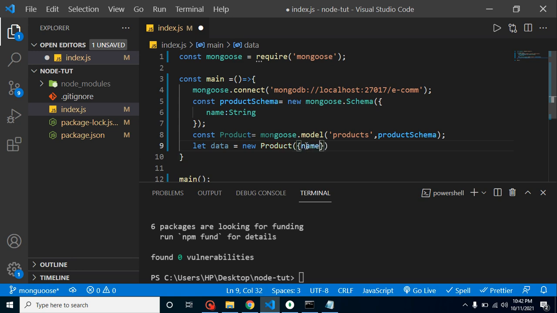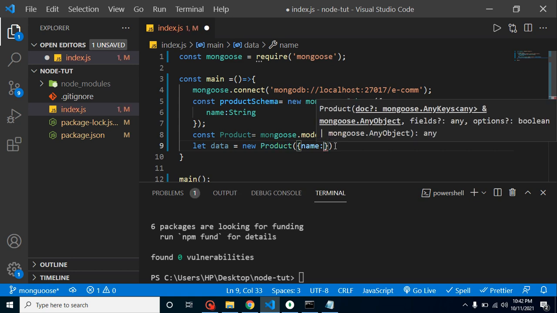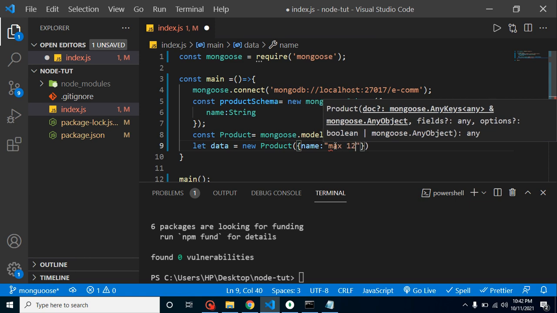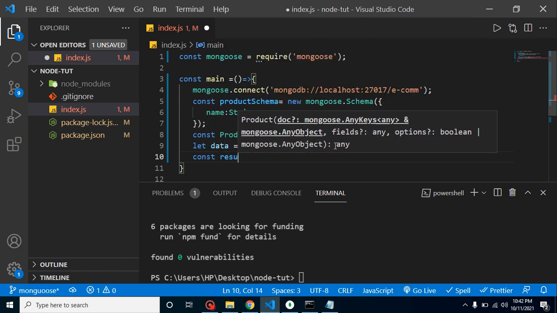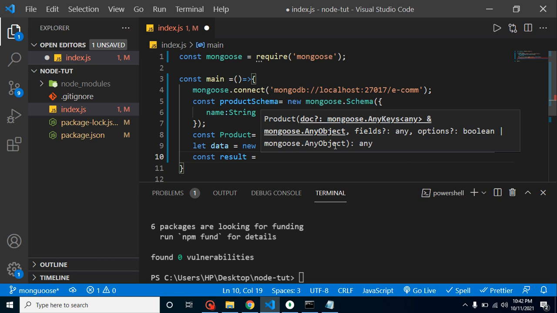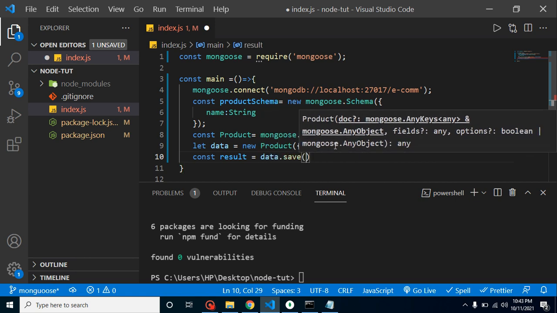I just want to add name, because I defined only one field for a moment. So now the database connection will think that there is only one field in the database, which is name, right? And let's say we are adding max 121, right? And after that, let's take a const result, and it can be data.save, and it basically returns